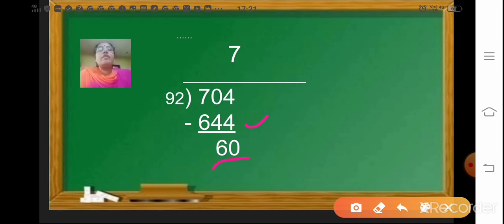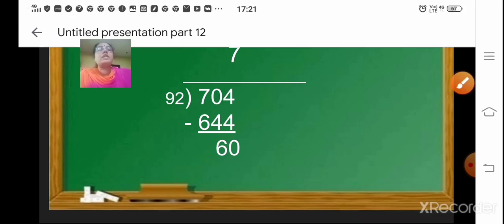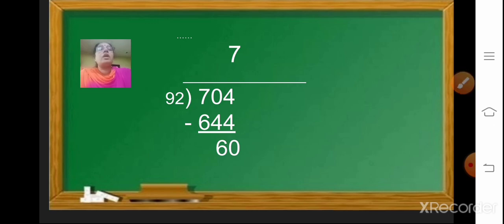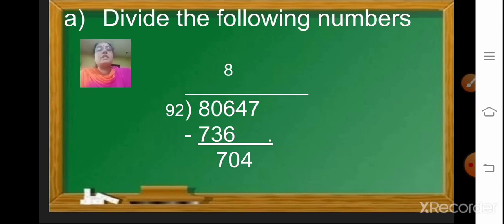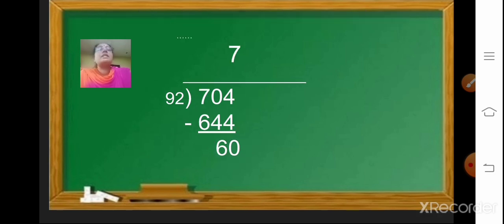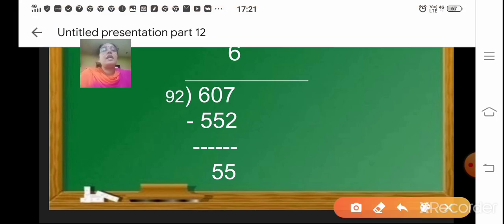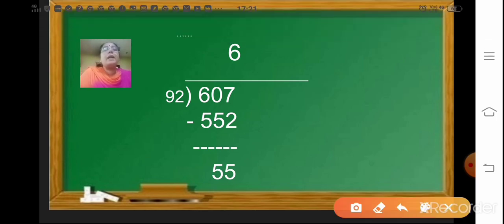Now we have already taken the number 4 down, correct? Which is the next number we have to take down? The next number is 7, correct? So when you bring the number 7 down, your number becomes 607. Now 607 has to be divided by 92. Same thing, just divide 60 by 9. 9 sevens is 63, which is greater than 60. Now go for 9 sixes, 9 sixes is 54, which is less than 60. So we will take 92 6 times.